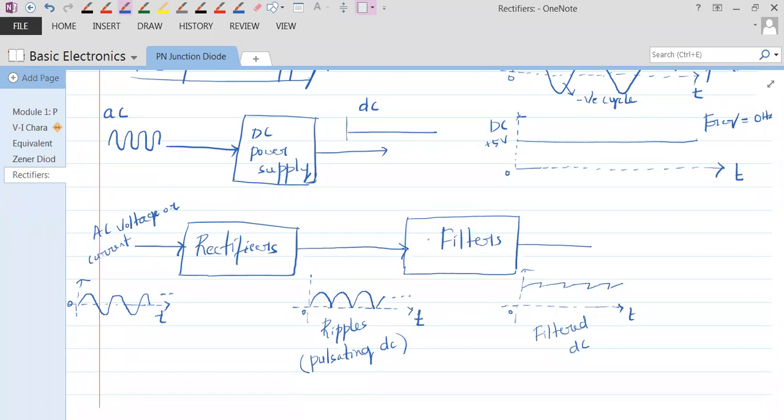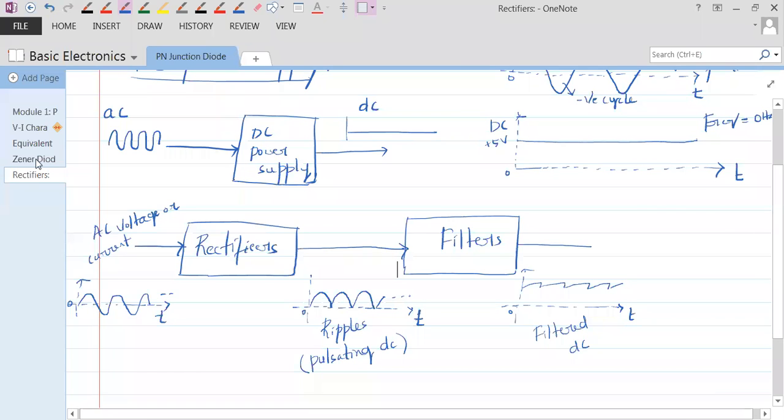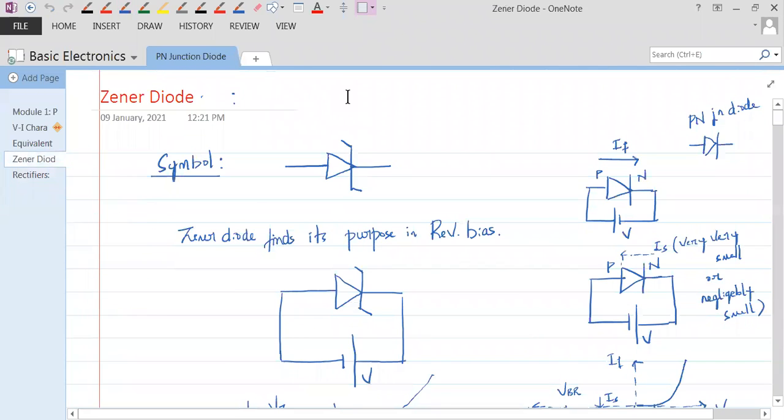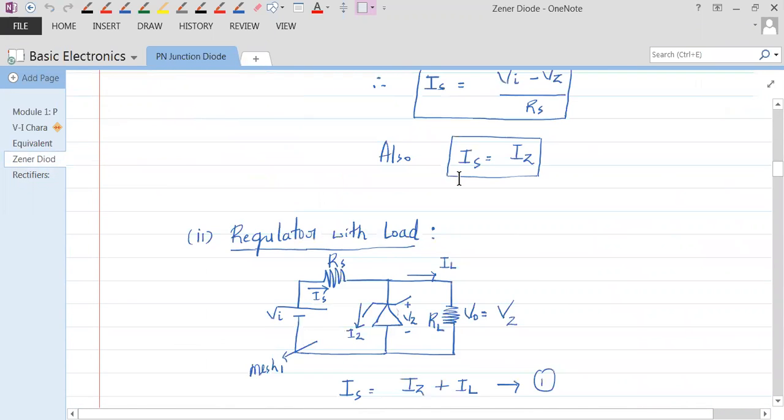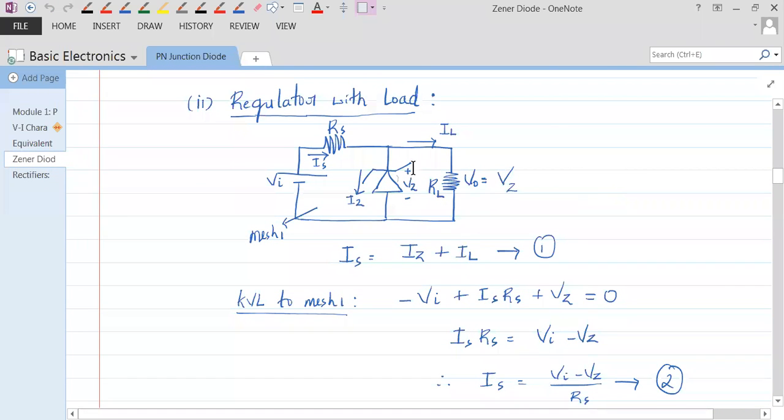What is the application? Voltage regulator. It is voltage regulator. So what is voltage regulator? What is the output of voltage regulator? Voltage regulator is the application of Zener diode. So what is the output of voltage regulator? VZ, isn't it? Zener voltage is the output of the voltage regulator. See here, this is how it is, right? Zener voltage, and this is the output of regulator.